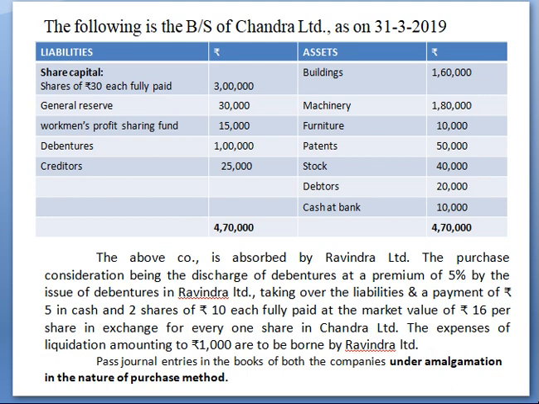Check your adjustment. The above company is absorbed by the Ravindra Limited. So Ravindra Limited has absorbed Chandra Limited, which means Chandra Limited is a selling company and Ravindra Limited is a purchasing company. The purchase consideration is the discharge of debentures at a premium of 5% by the issue of debentures in Ravindra Limited, which means the debenture holders of Chandra Limited are now paid with new debentures in the new company, right,